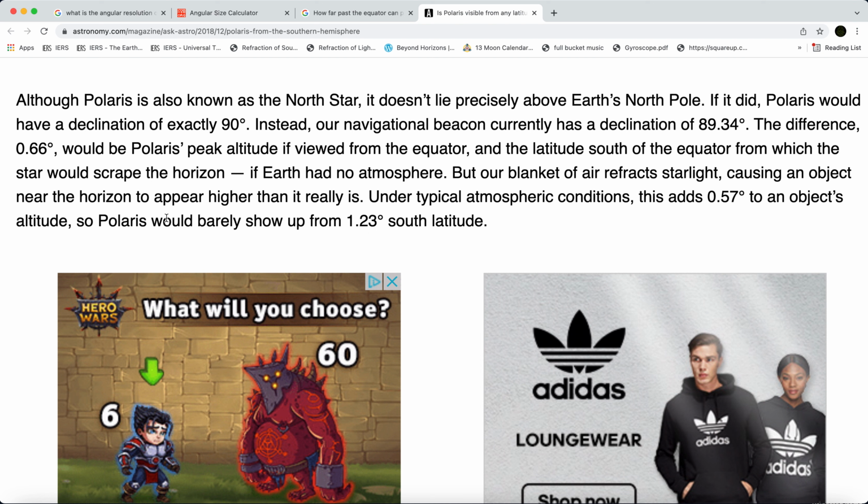But what they're not really saying is that it would be more than 0.66 standing at the equator, right? It would be higher than 0.66 degrees if you're standing at the equator. But the thing about it is that without the air, it would be 0.66 degrees, right? So how are they working this out? How did they know it would be 0.66? Well,